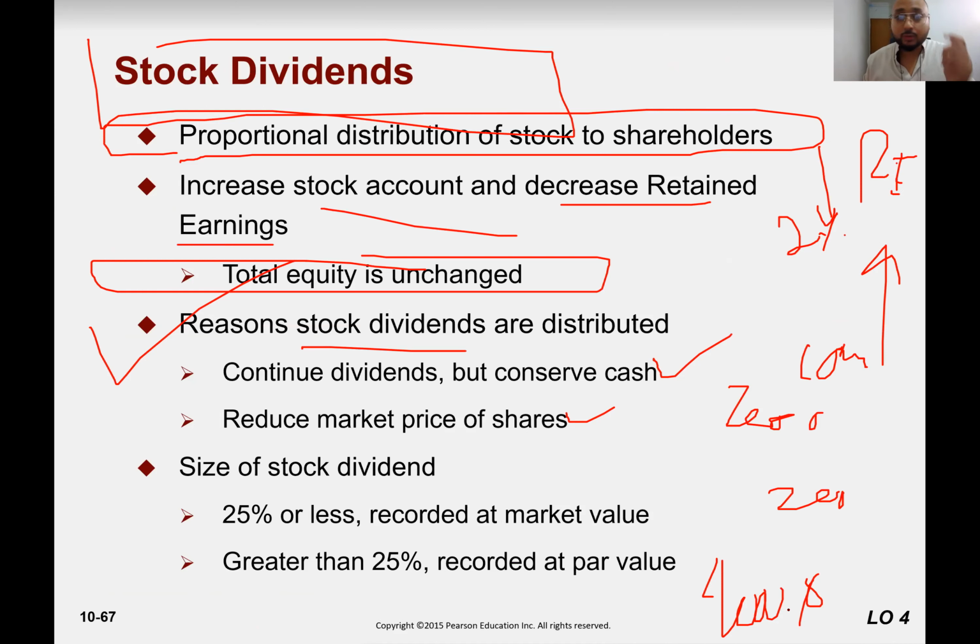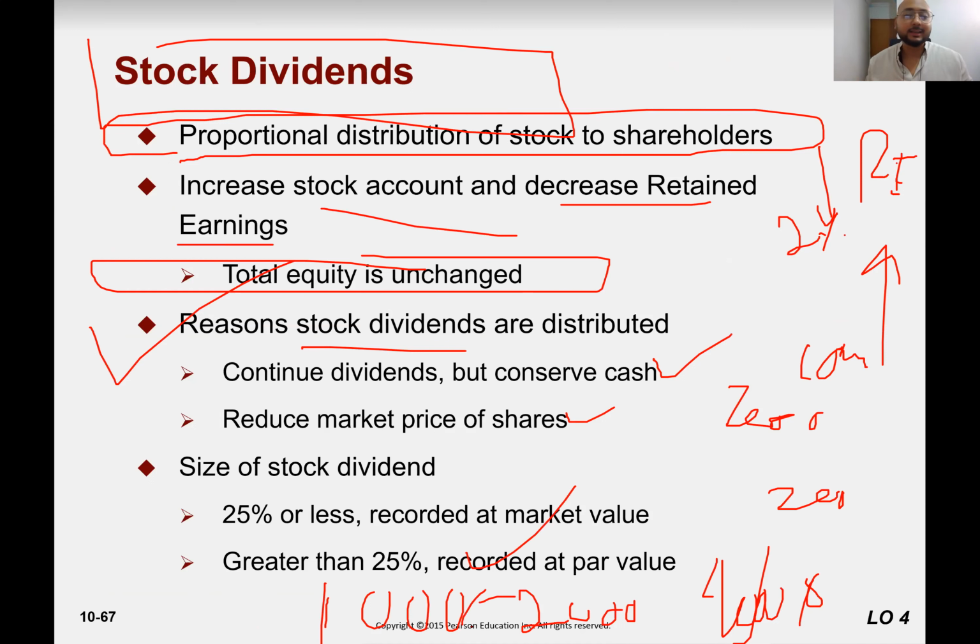The company will, so I cannot invest in this company. So the company decides to split or to increase the shares. When the company increases the shares by 100%, its value goes down to 2,000, right? Or if the company issues thrice the number of shares already in the market, its value goes down to 1,000 per share. Just like that.